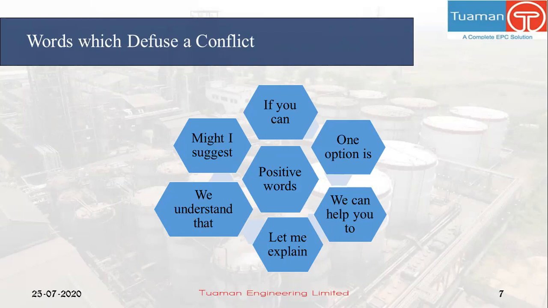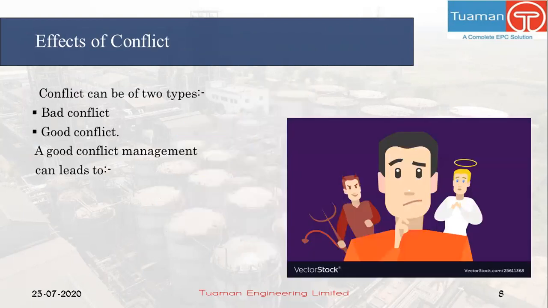So next is effects of a conflict. Conflict can have a positive or negative effect on the people of the organization. It really depends on how you handle it. Some people think that conflict is always bad, but let me tell you, some conflict can really be good, because when people express themselves, share their different opinions, thoughts and feelings, it makes them express more, and it's good knowledge learning for other people also.